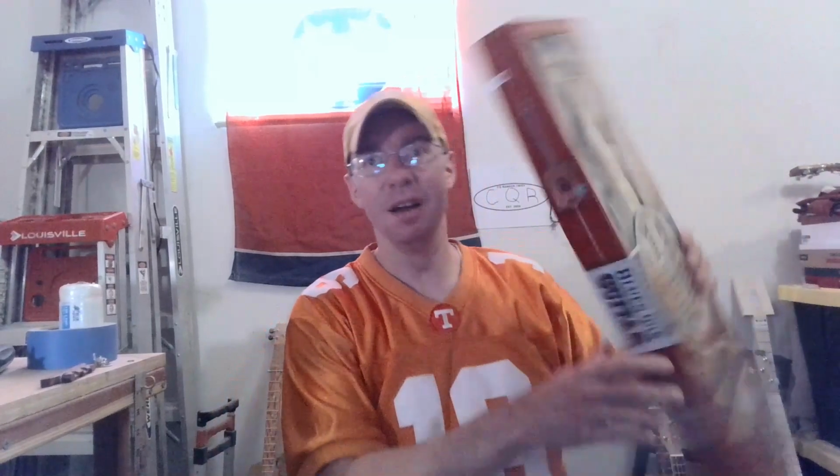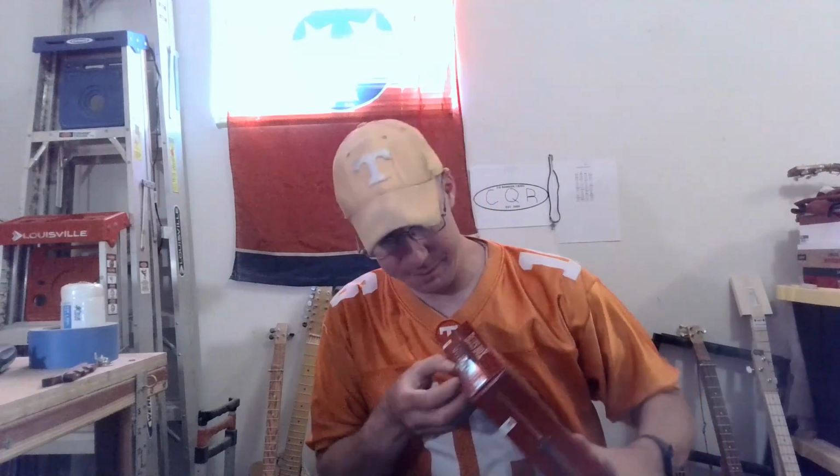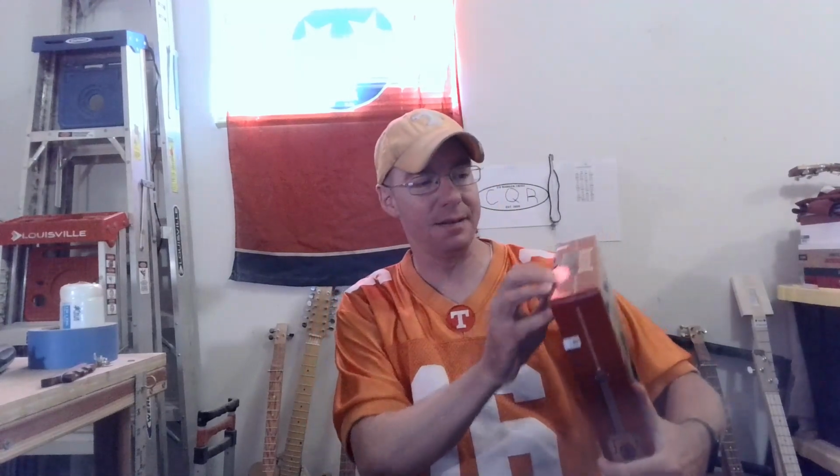So last night, my daughter and I went out to Guitar Center. I got a little wild hair, and I got me a new kit. Now, this is the Hinkler Electric Blues Box guitar. Del Puckett did a video on one of these kits sometime back. I'm not sure exactly when, but he built one of these kits. His review of it wasn't that great. Me personally, I don't know. I read reviews, I pay attention to them. Sometimes I'll make decisions, but